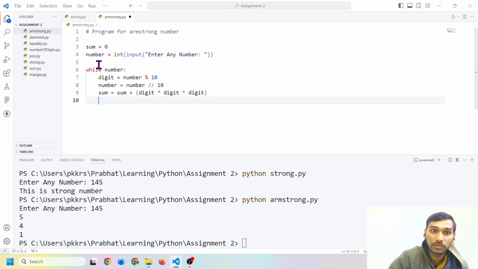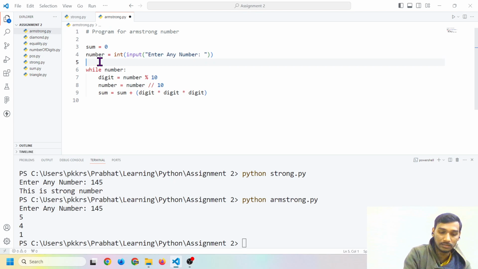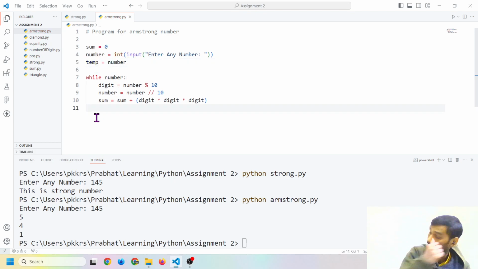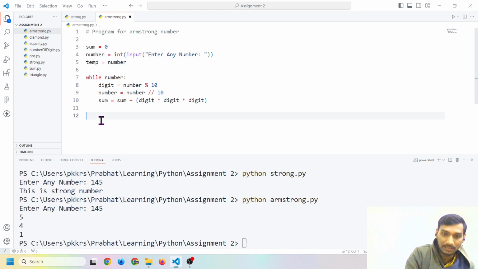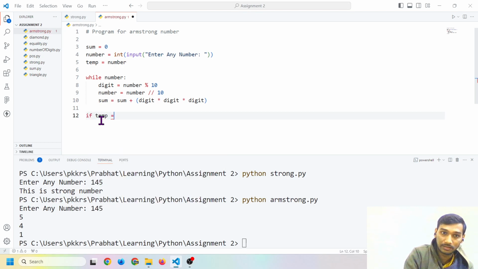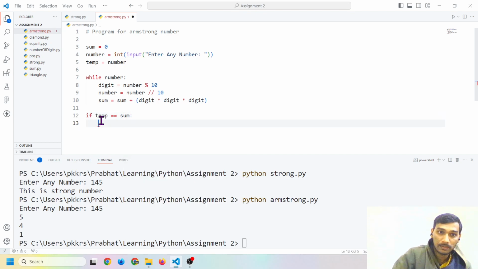And we also need to make sure that we are storing the number, because here we are actually modifying the user input, which is the number. So we need to make sure that we are storing exactly what number the user has inputted, and if the number that is entered by the user is equal to the sum of its cubes, then